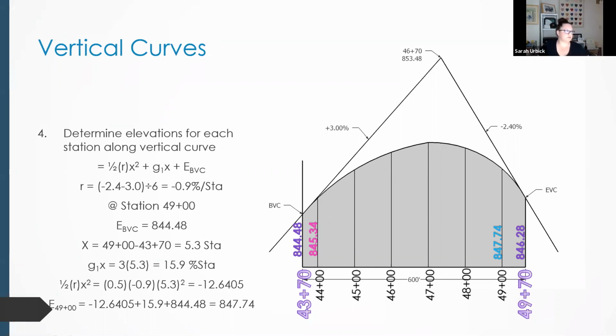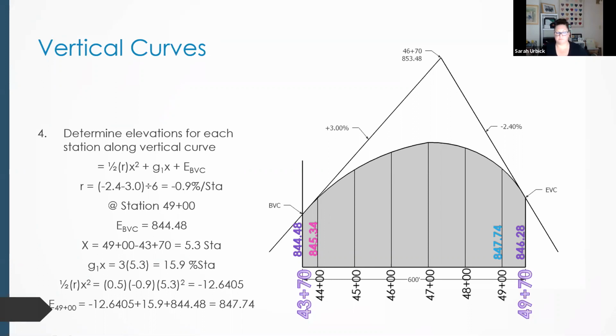On this one, we've already calculated our rate of change, our value for R. We're given our value for G1. So if we take negative 3 divided by negative 0.9,